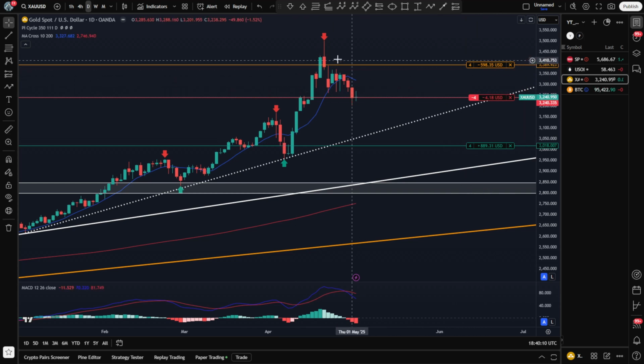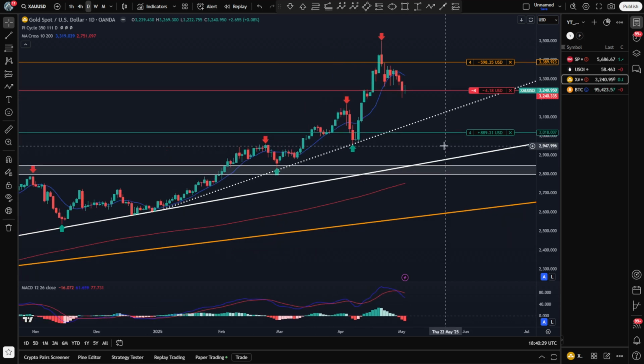My stop loss is above this zone here to protect my stop loss, because I expect if we see a counter move higher before then breaking lower, that it will stop in this area here. And my take profit would be above the $3,000 mark, because I think that's a psychologically important mark for gold, and maybe buyers step in there again. Also, it's here in a support zone with the last low.